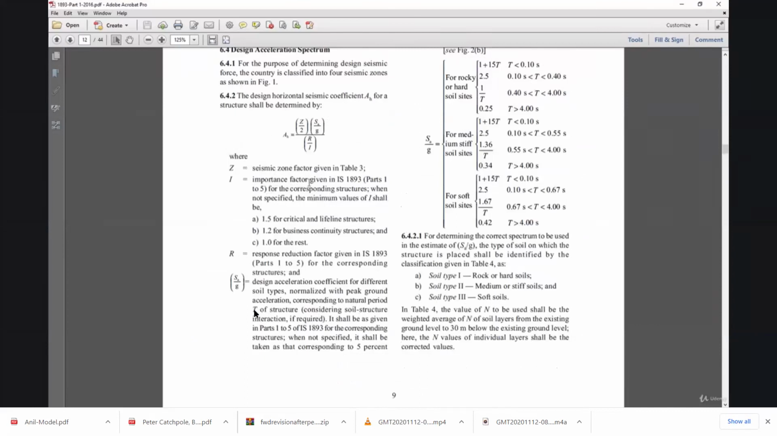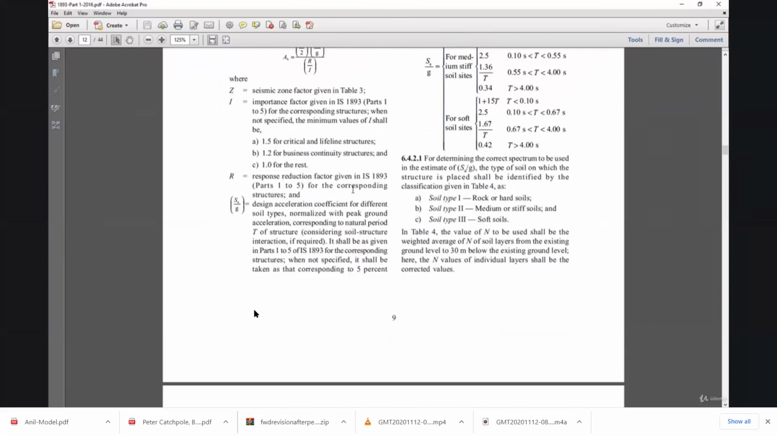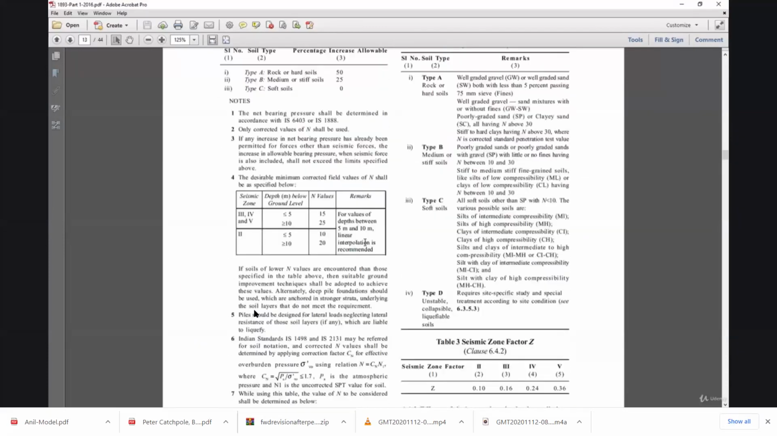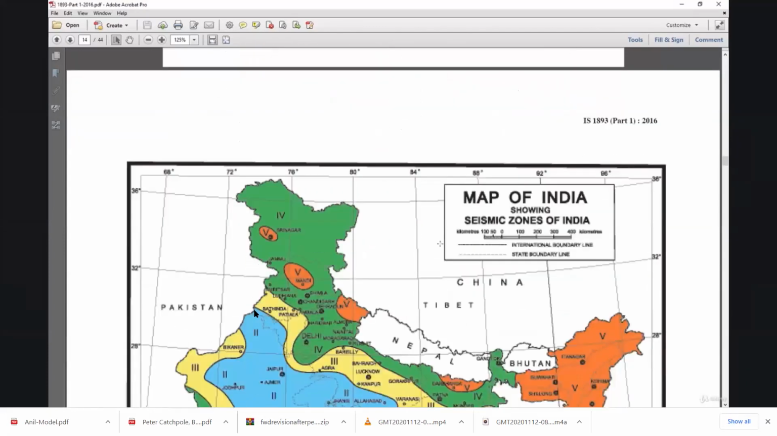Before that, importance factor I is 1.5 for critical and lifeline structures, 1.2 for business continuity structures, and 1 for the rest. And R, the response reduction factor, shall be as given in IS 1893 part 1 to 5 for the corresponding structures. Like in our case, if we are designing a ductile building, the R shall be 5, and SA by G shall be taken from the response spectrum curve,